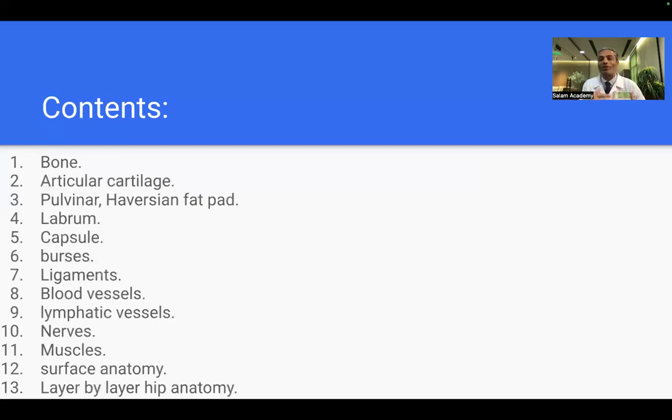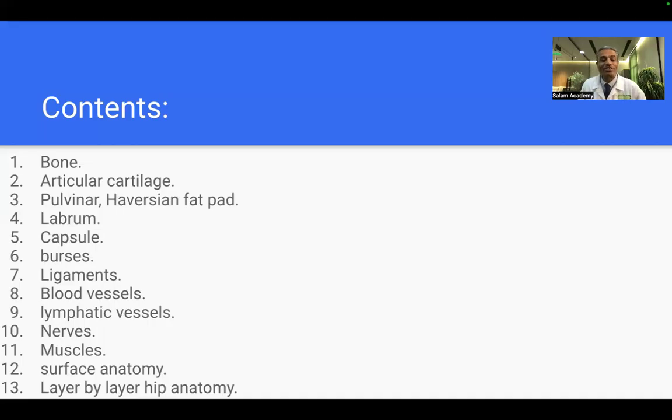Then we took the second layer, covering the acetabulum with lunate cartilage and the labrum, in the acetabular fossa, and to complete the acetabular cavity, filling the acetabular notch with a transverse acetabular ligament. And beneath it, we know that there is the acetabular foramen that carries the blood supply and nerve supply to the acetabulum. Then we went to the head of the femur, and how it is covered by